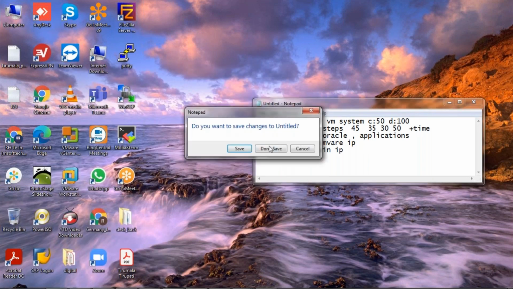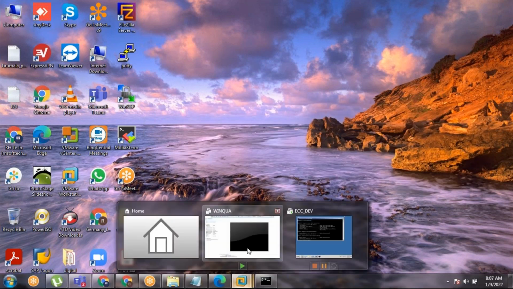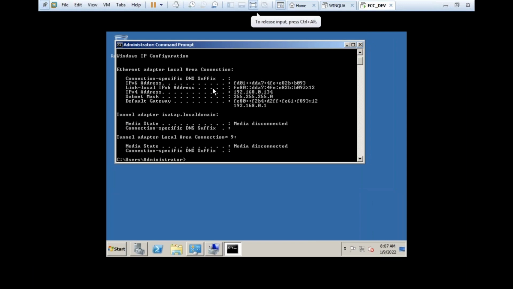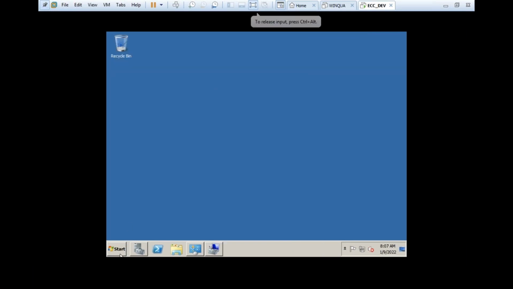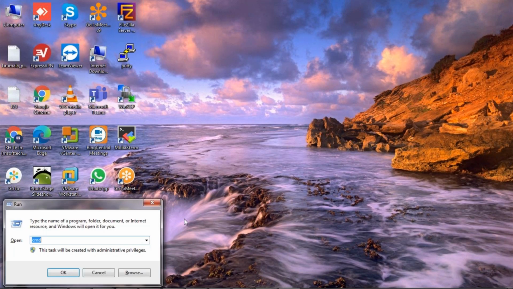We have to take one small reboot of only the VMware system. Now I'll show you one thing. Here, in the computer we have only one drive of 30 GB. We want a C drive or D drive also, where we can copy all the data. Otherwise, I'll do one thing: I'll copy it here. Restart will take more time. In 1 minute, I'll finish it all here itself.